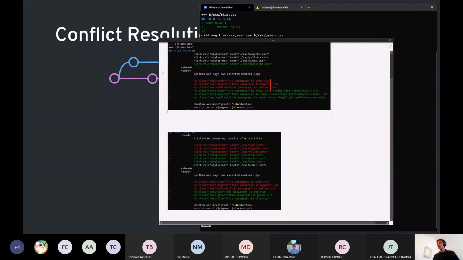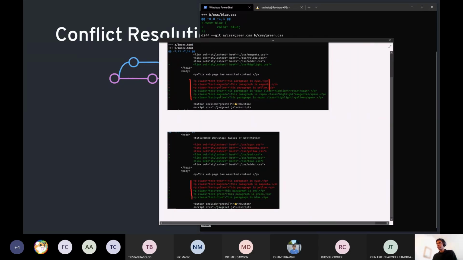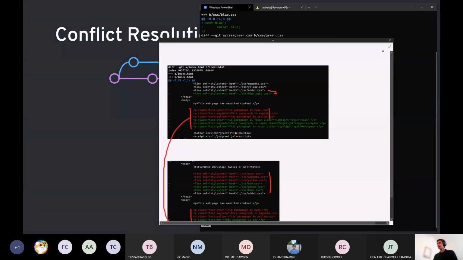We notice that the paragraphs affected by both commits are down here, so there'll definitely be a conflict here. And up here we've added highlight.css after the added.css line. So this change should be successfully merged by Git into our main branch. And then Git should also be able to automatically merge this change as well, because these lines of code haven't been affected up here.